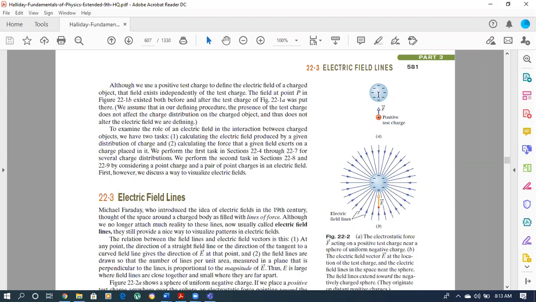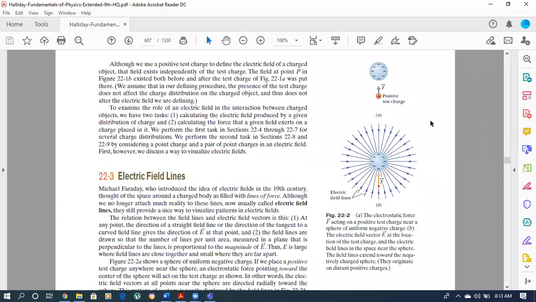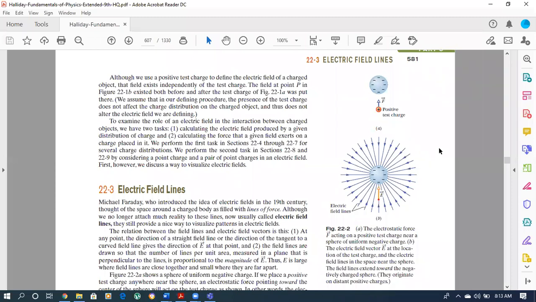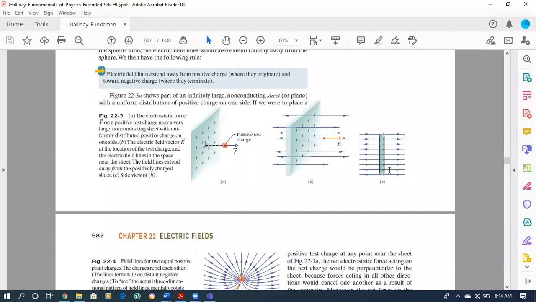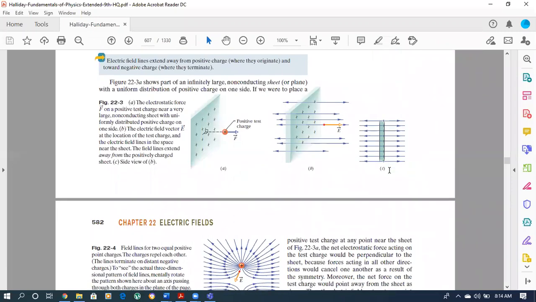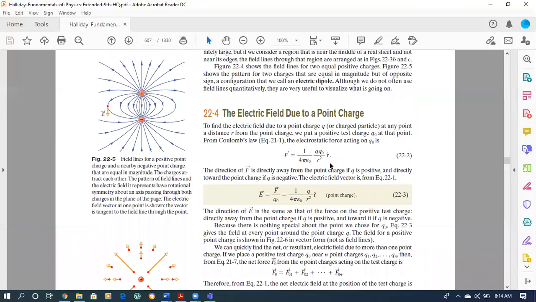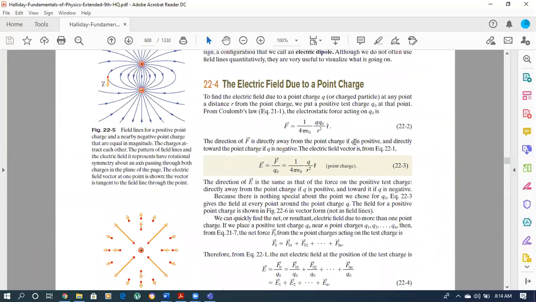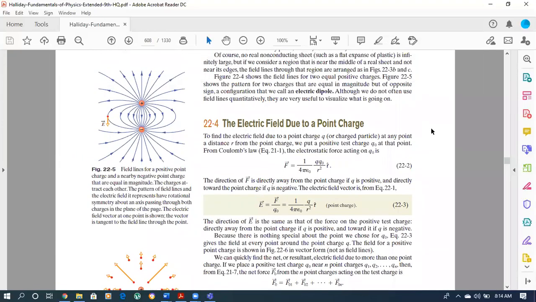So conventionally, these lines will be represented for negative charges into the point, and for positive charges away from the point. So this is the convention for how we represent the electric field lines. Keep in mind, for numerical problems, the basic concept given in the statement, and then keep in mind the formulas used to describe that quantity.